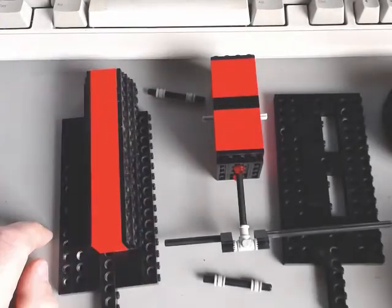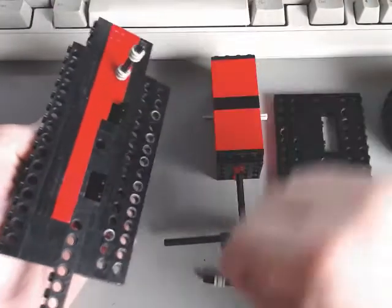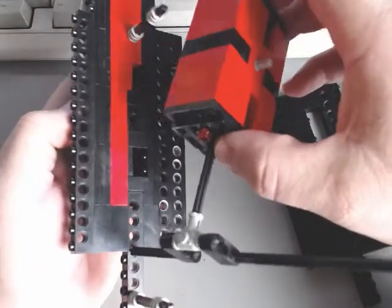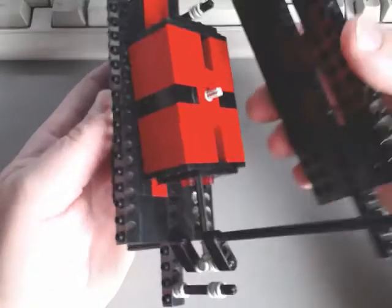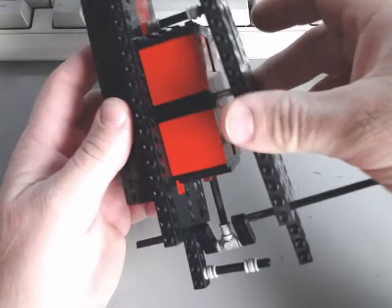And anyways, you can see the ports then on the intake manifold side, and so there's the whole engine right there. And so now I'll just go ahead and put it together here on screen. We know there's a pin that goes here, a pin that goes here, and then the crank goes, I think, in hole number 4 on the Technic brick, and we line the pin up, and we put this side on, line it up with number 4,